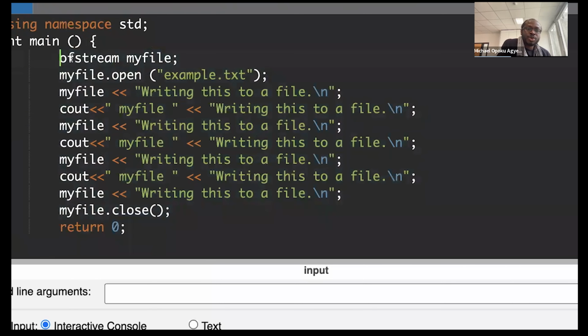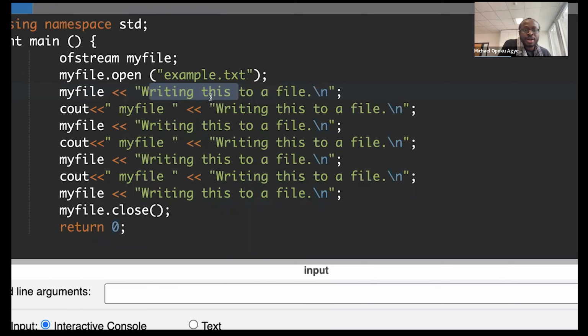So in the main function, we've got an output file stream. When we're calling the file, we're calling the object of that, myfile. So if we go into myfile, we want to create a file called example.test. That's what line 6 is saying. And inside that file, this is quite similar to cout. It's the same arrow as cout, that we used to print to the screen. So inside myfile, we want to write